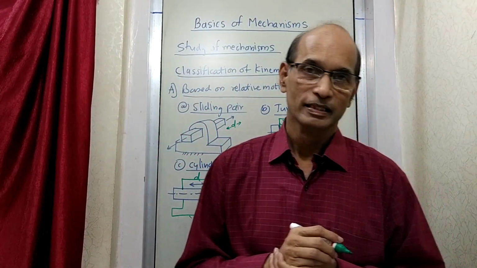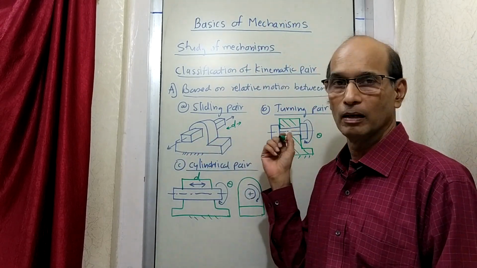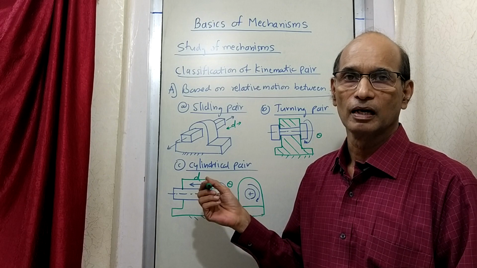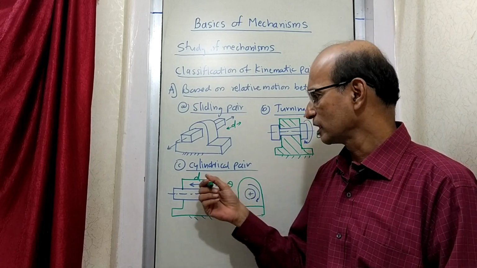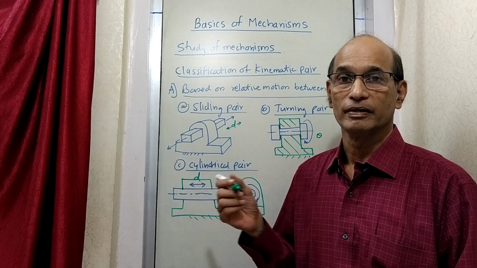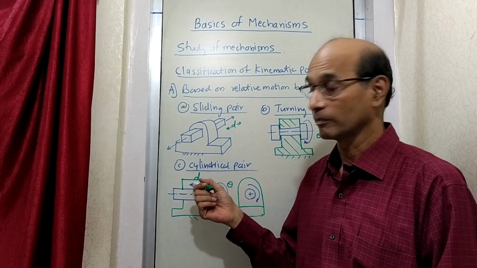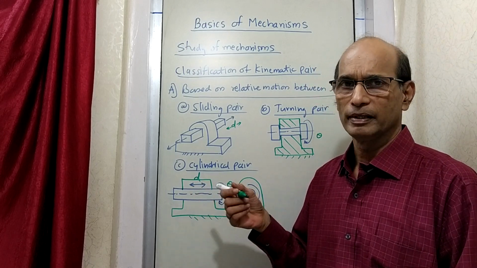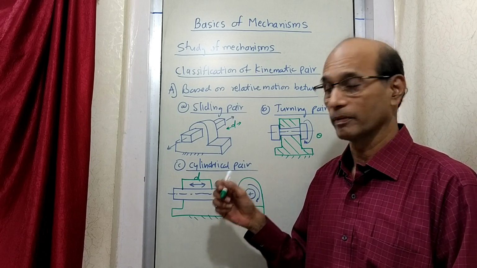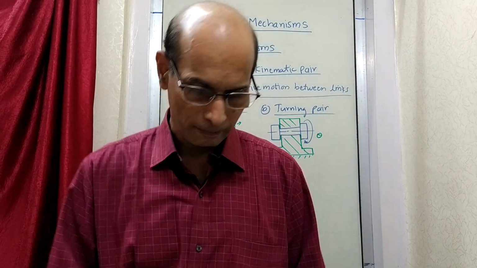Now you will realize here that this is reliable. Is this reliable? This is not reliable in one sense that this rotation and this displacement don't have any relation. So sometimes only this will exist, sometimes only this will exist, sometimes both will exist. So there is no guarantee what will happen. Probably in the case of a machine, this may or may not be useful depending on the application. So this is a cylindrical pair.